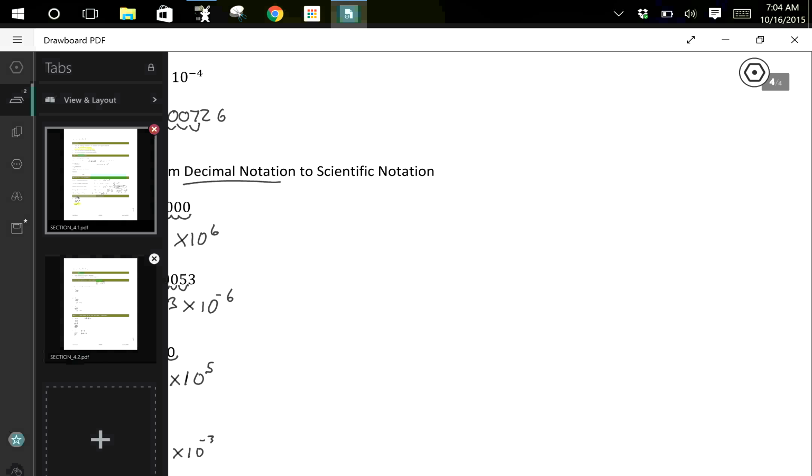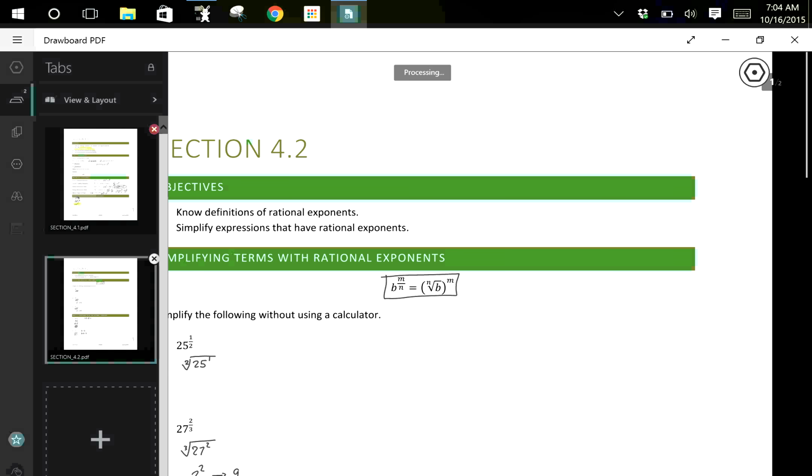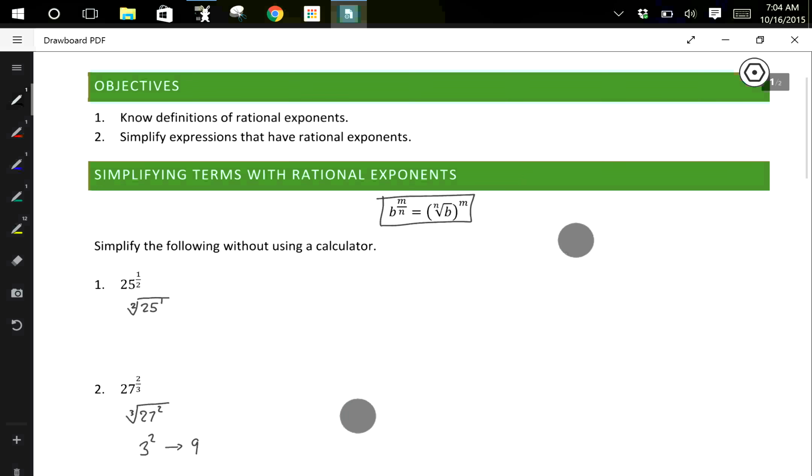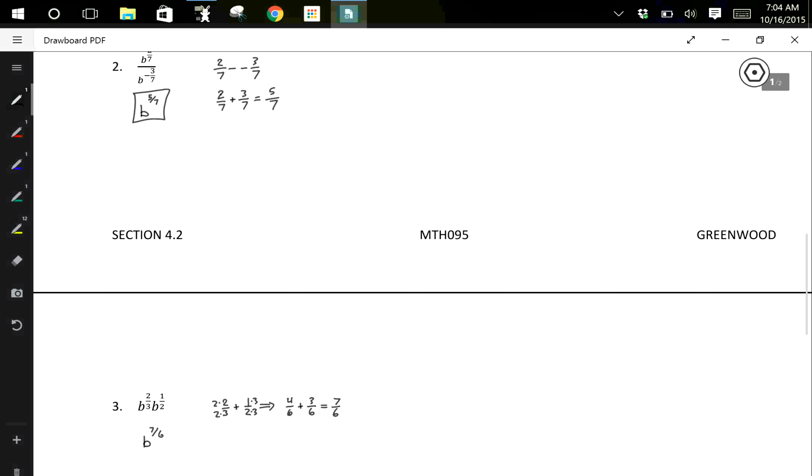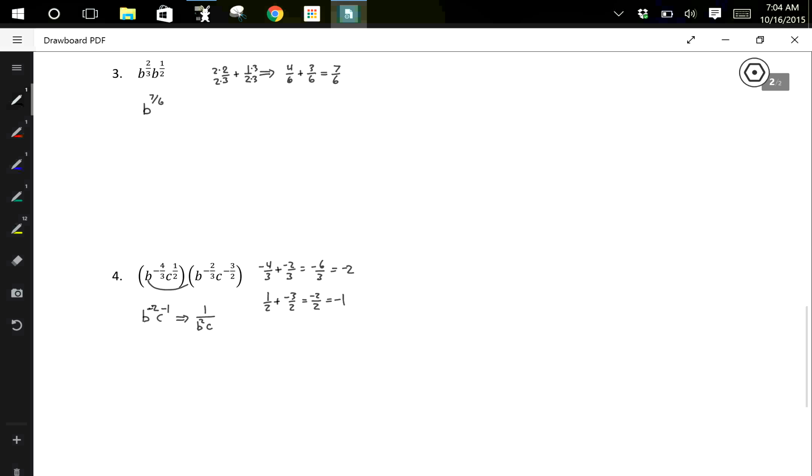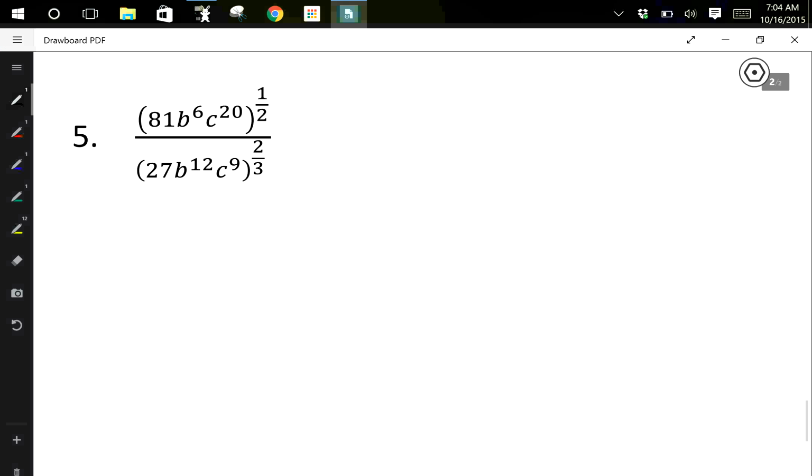That finishes up section 4.1. Now we've got section 4.2. There was one problem that we didn't get to in section 4.2 that I said that I would get to. So here it is. We've got a fairly decently sized exponential expression, or expression that contains exponents that we need